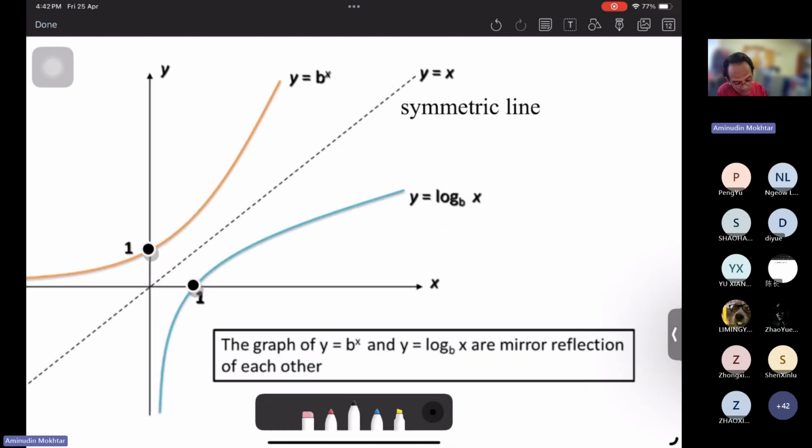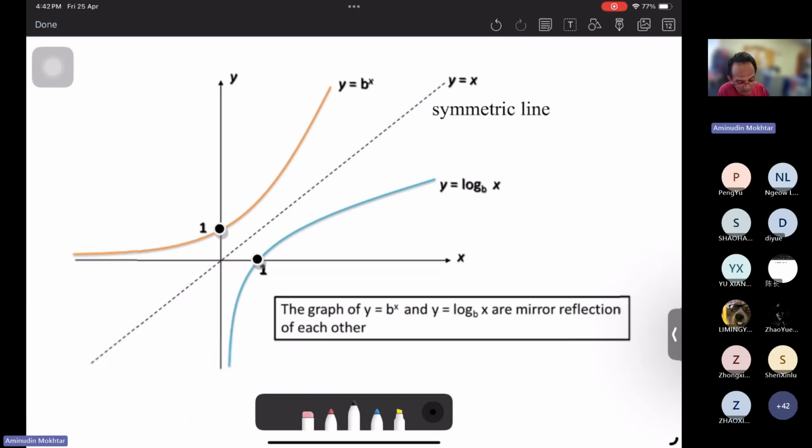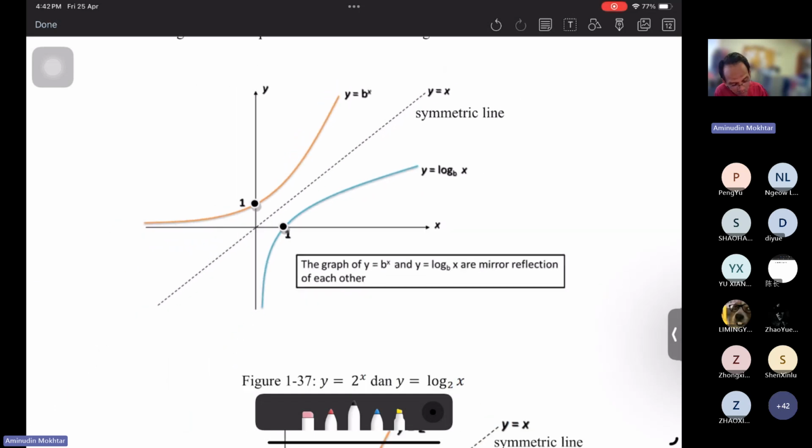When we have this graph, for example, y equal to b to the power of x, and then when we draw the log function y equal to log b x in the same graph, we can see that the graphs of y equal to b to the power of x and y equal to log b x are mirror reflections of each other. We can assume the linear line y equal to x as the symmetric line. These two graphs are